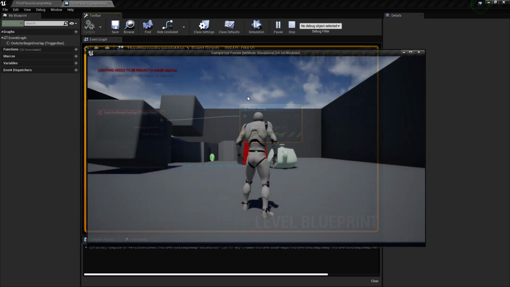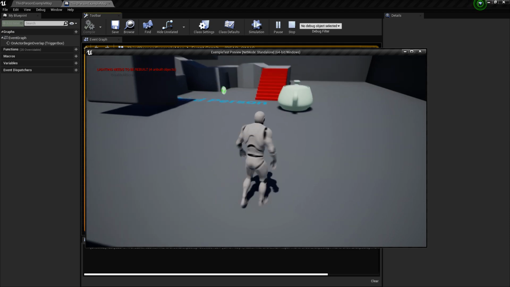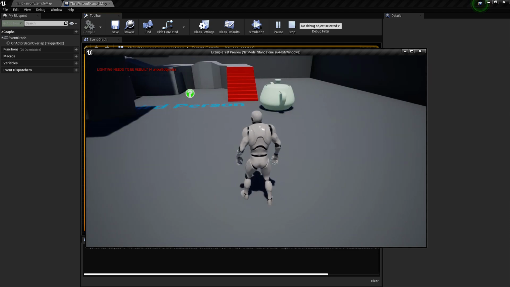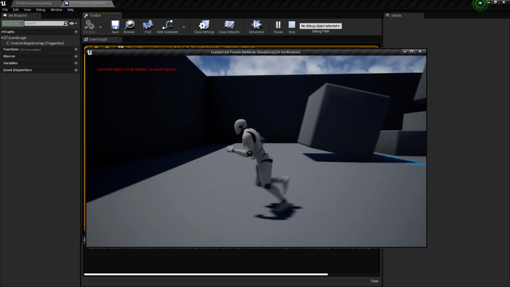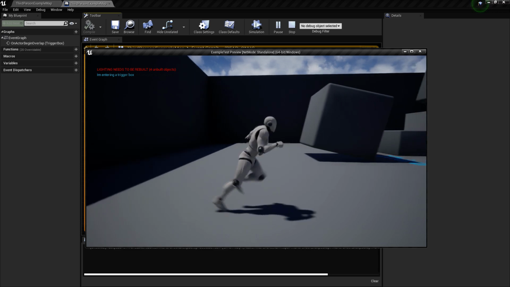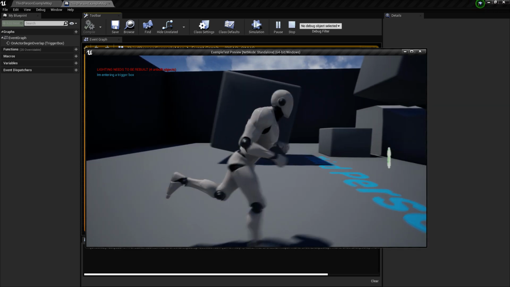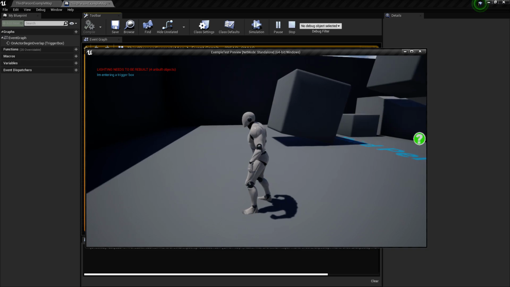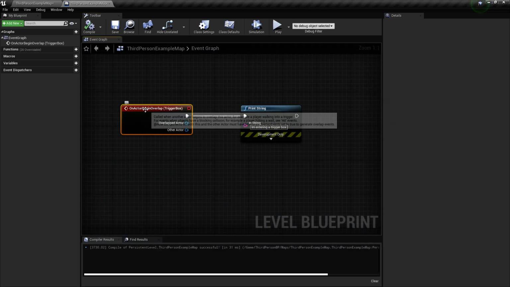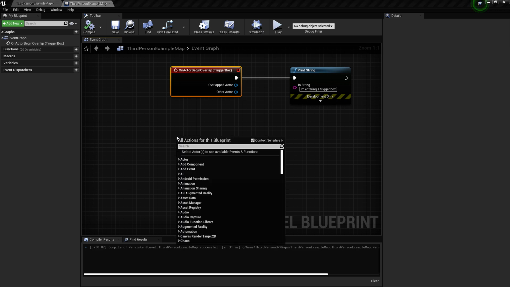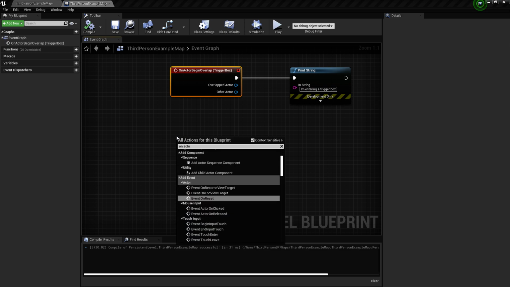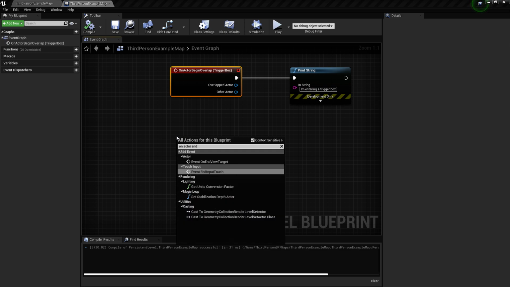And if I press play, the box is just in front of me, just ahead. So I'm going to walk into it. Up. I'm entering a trigger box. If I enter again, I'm going to see it print a lot of times. Alright. So if you have the begin overlap, you have the end overlap. You can just right click on Actor End Overlap. So you have this event.